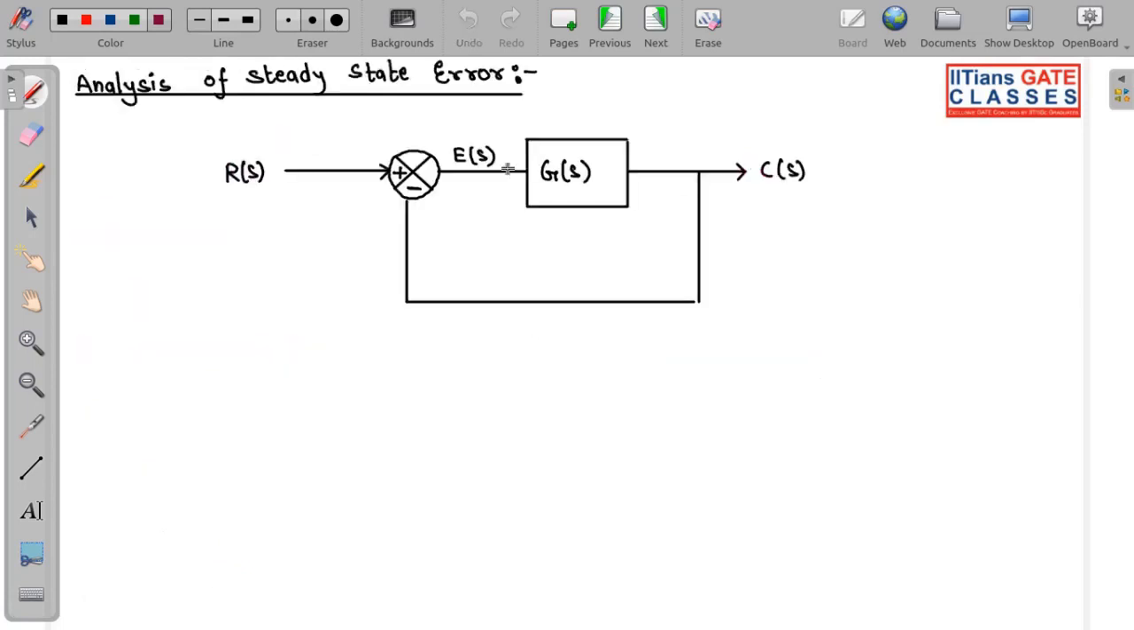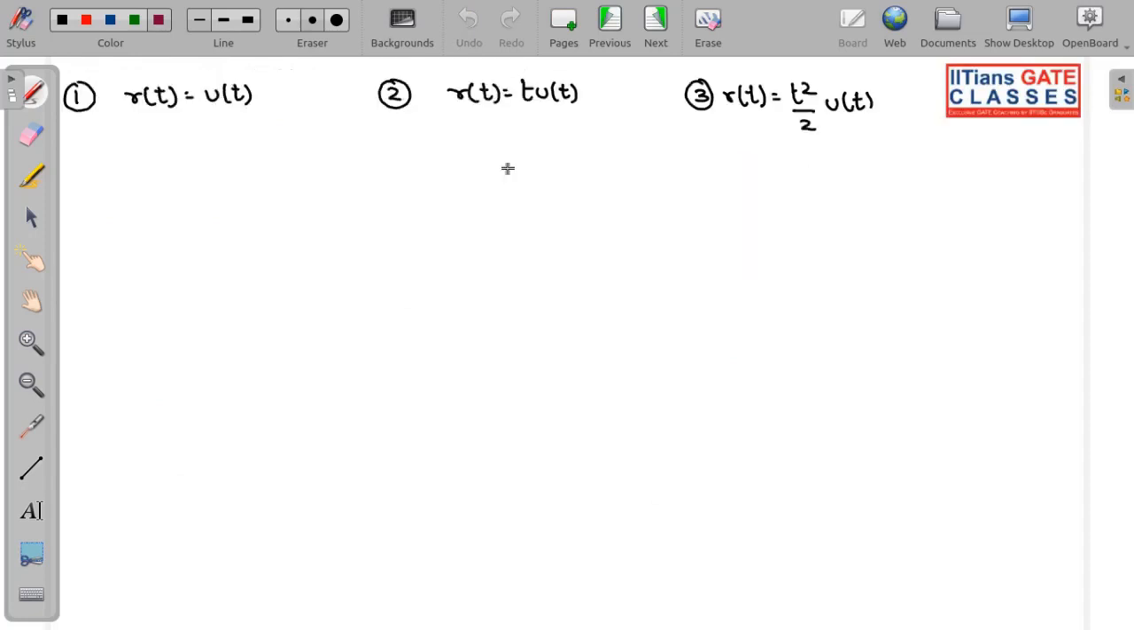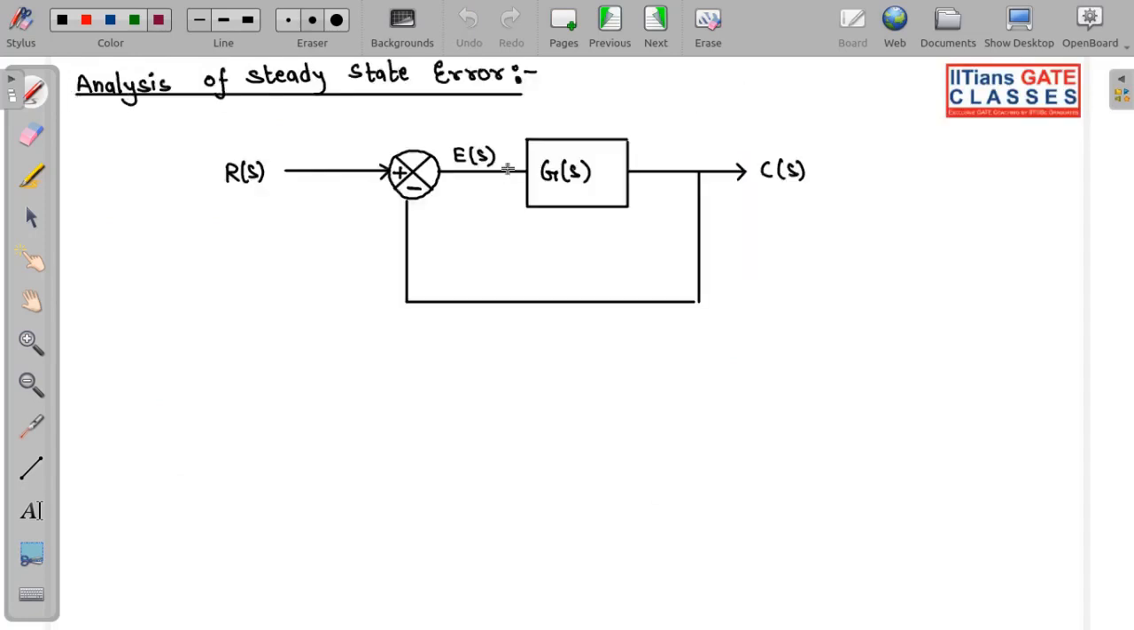Now next we have a very important concept, that is analysis of steady state error. Okay, analysis of steady state error. For this I will be showing you very quickly. See, we have to find ESS. E of S is equal to